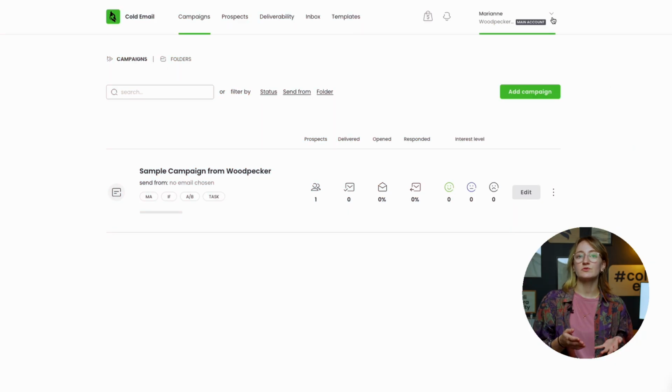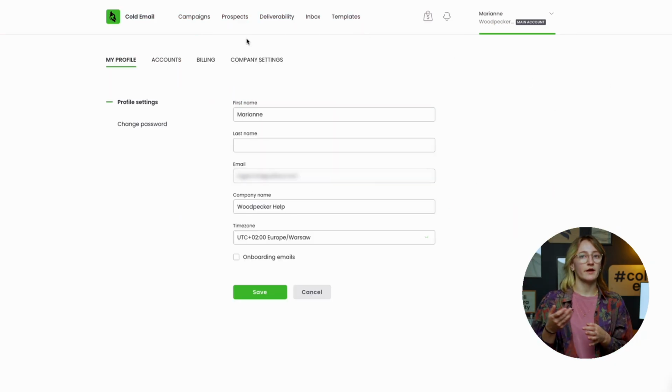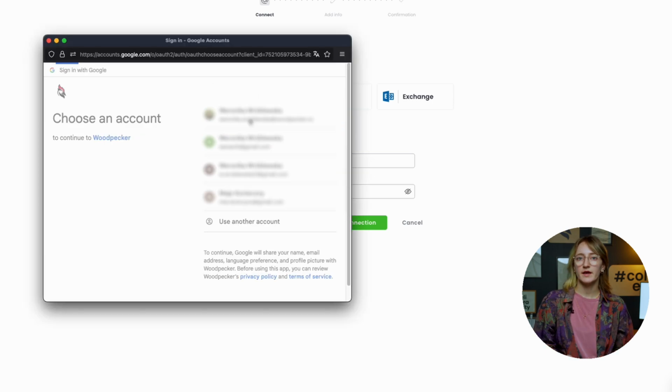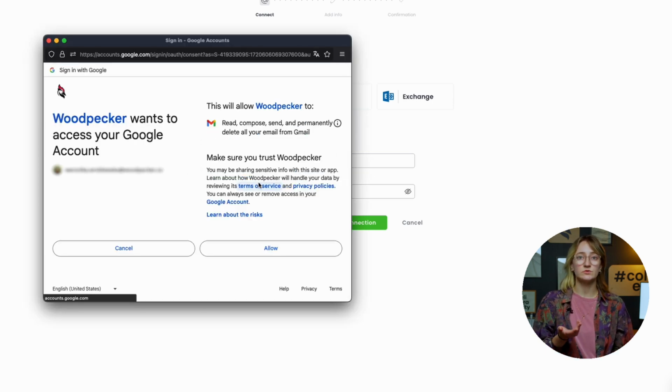To start, go to your account settings, choose the Accounts tab and click on the Add Email Account button. Now you'll see options for a few email providers and the fields to fill in with your email login credentials. If your email provider matches the ones we have as automatic options, choose this to go over this process smoothly. Select the account you want to connect, review all confirmations, allow Woodpecker access to your account and wait a bit